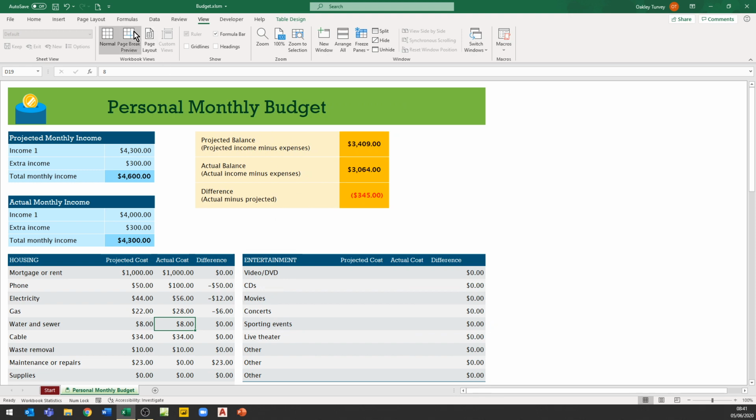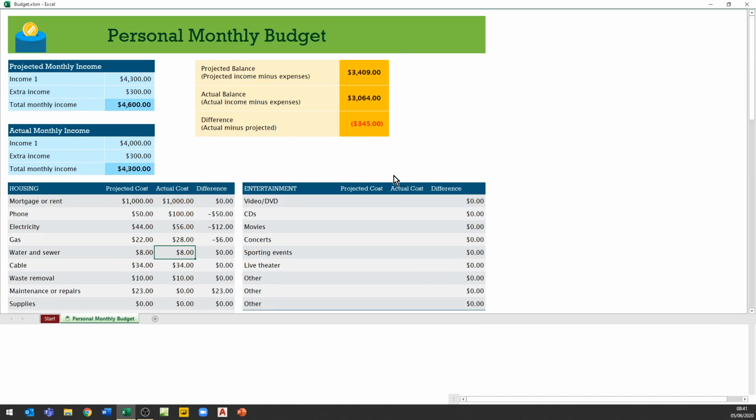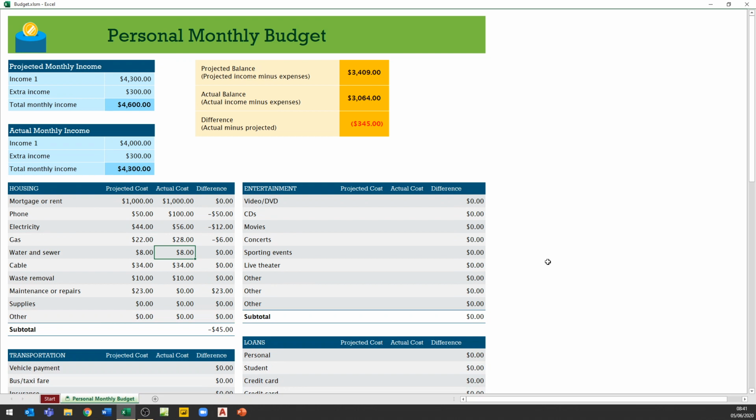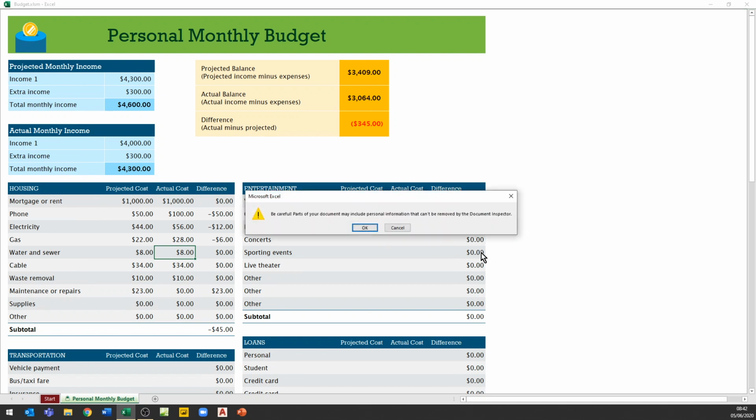OK again. I now have a new icon there, and as soon as I click on that icon, it goes into full screen mode. And that will work on any file that I have open. Now the other thing to note about this is if I now save that file, so if I do Control S to save that file,